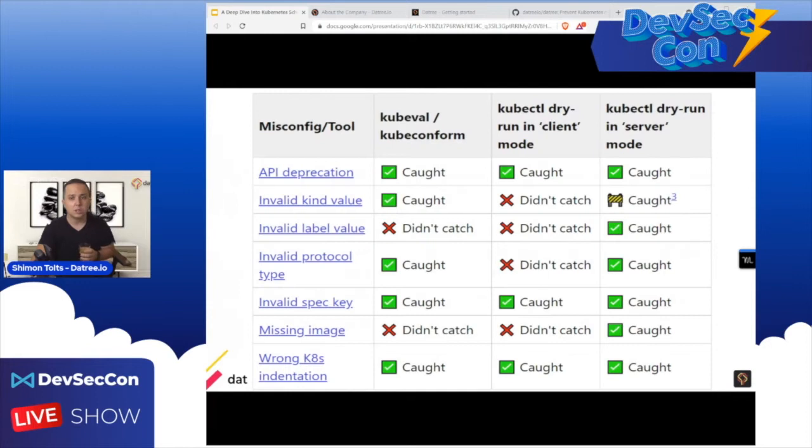So let's talk about the comparison of those tools. I put in this table Cubeeval and CubeConform, and I put in the CubeCtl dry run using client and server mode. There are several use cases here. One of them is API deprecation. All of them will catch it. Invalid kind value, will catch it with Cubeeval and CubeConform, but client mode won't catch it, and server mode is